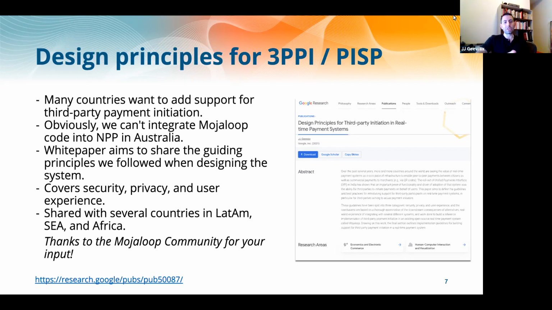Here's one, or at least some design principles that should lead you to one, that will very likely lead to a great outcome in a variety of attributes. In this case, it was security, privacy, and UX. And that's been largely successful. We've seen people look at the design principles and say, okay, this makes sense.